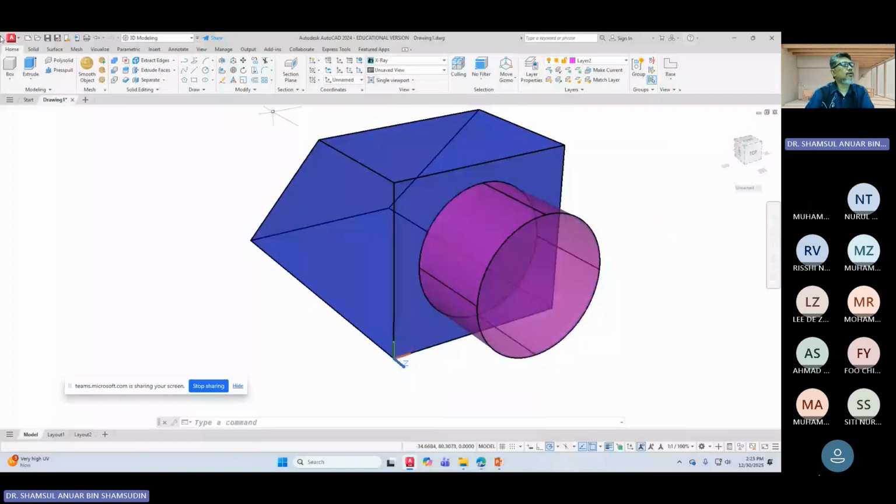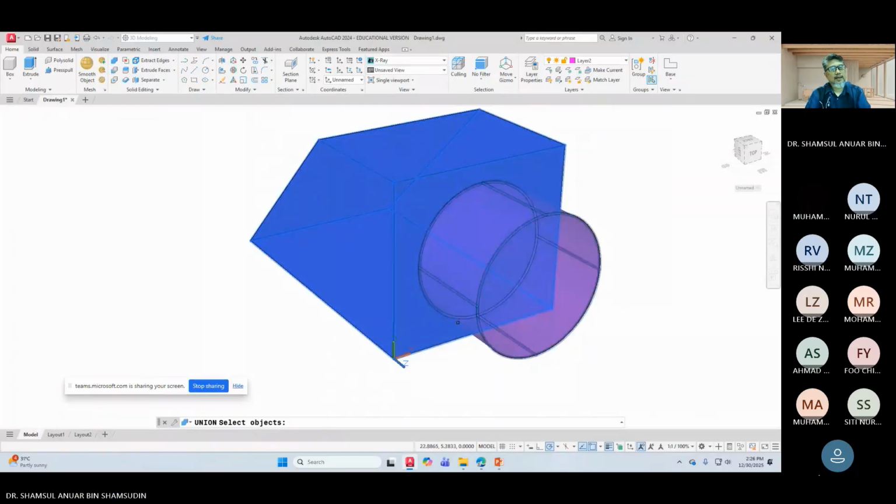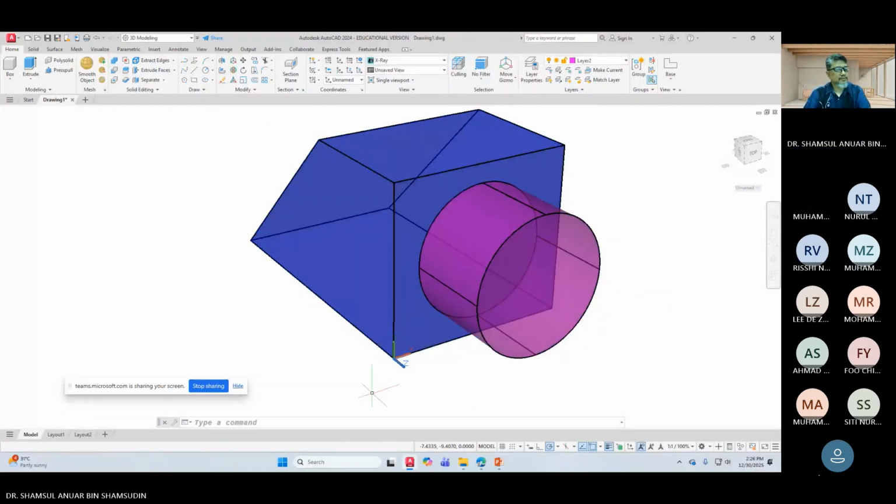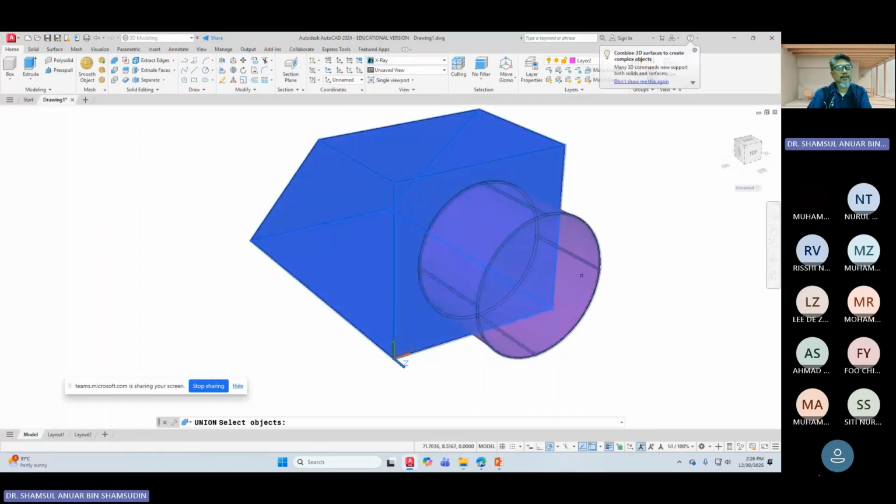Go here, union, click on that thing, maybe choose the blue one first and then the magenta. Whichever you choose first is going to be the dominant color. So if I choose this one and then the magenta and then hit enter, this one, click this one and this one, hit enter,